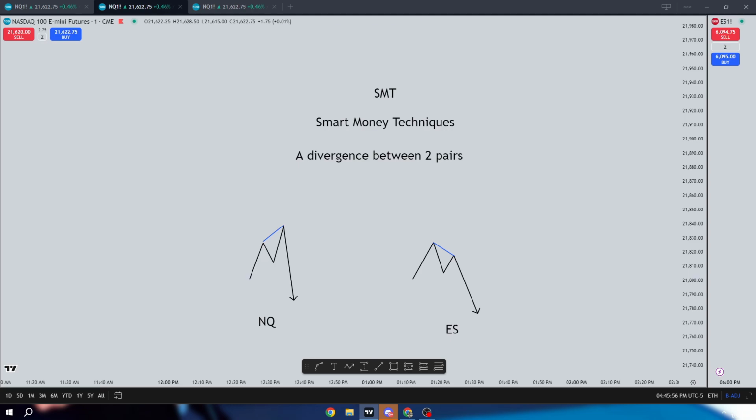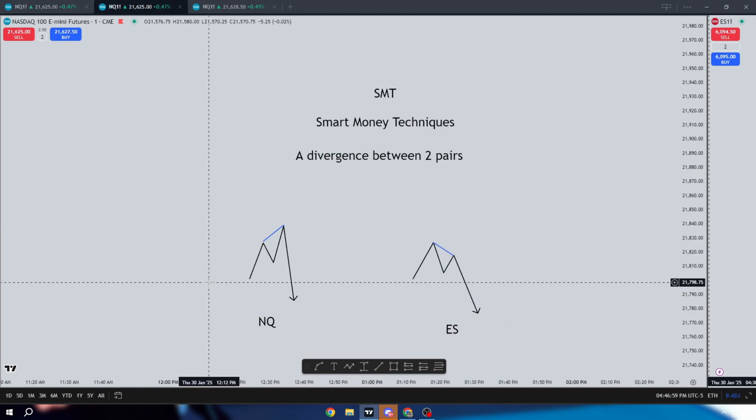this SMT. So basically, when you see this SMT form, and we have this drawn out with this blue line, so what SMT looks like is right here on NQ and ES. These are both the same swing highs. As you can see, NQ is trending upwards and takes the swing high, while ES begins to trend downwards and does not take this swing high. This is what's known or shown as our SMT. SMT can be seen as a red flag for potential reversals. As you can see, after this SMT is formed on NQ and ES, both of them begin to trend downwards,